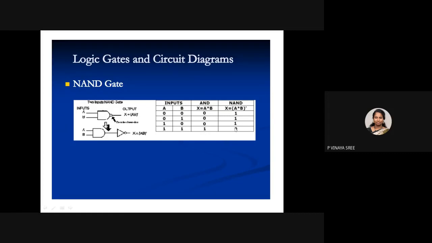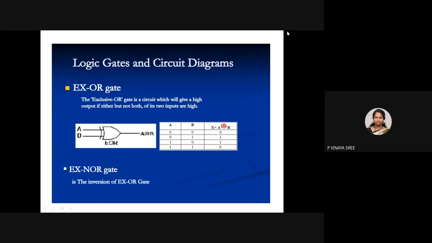So in order to get NAND, the Boolean expression is A into B whole complement. So this output needs to be complemented. So 0, 0, 0, 1 is the output for AND. If you do complement, you will get the output as 1, 1, 1, 0. So this is your NAND. If anyone knows, even if you don't use AND, you can write it directly.